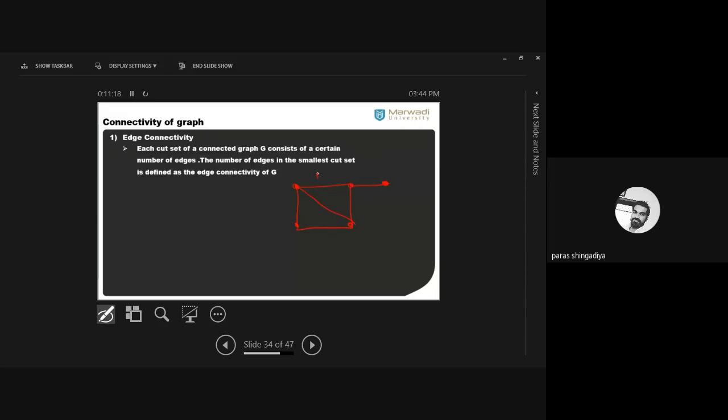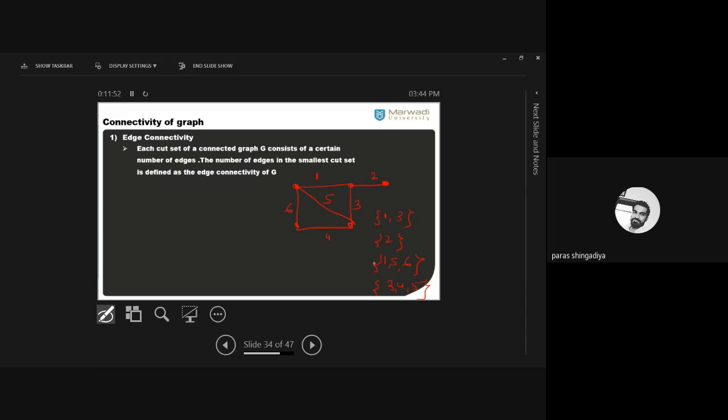Here is edge number 1, edge 2, 3, 4, 5 and 6. 6 edges are there. Okay, and let us derive its cut sets. So which are the cut sets? 1, 3, okay, then singleton 2, then 1, 5, 6, clear? Then 3, 4, 5. These all are cut sets, clear? That is one graph here, with its cut sets.